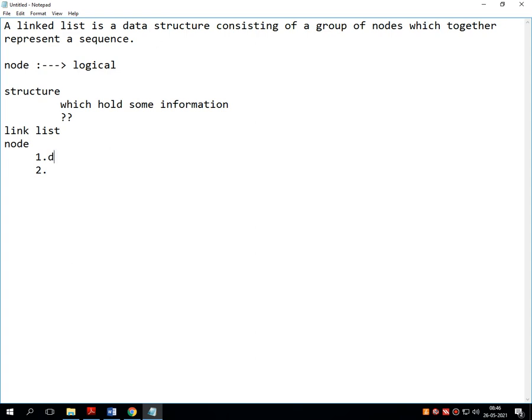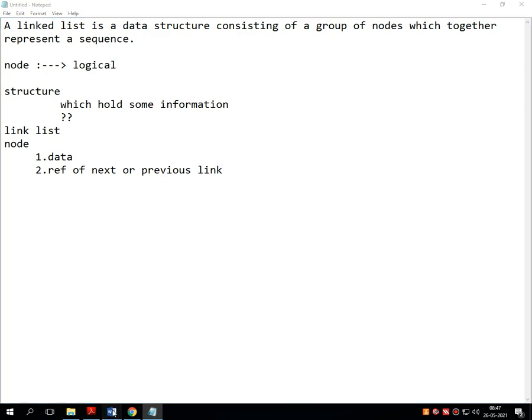One is the data, and the second is the reference of the next or previous link. So this structure holds information in two parts. One part contains the data, obviously the data of the user, and the next part contains the link, or you can say the reference of the next node or previous node.